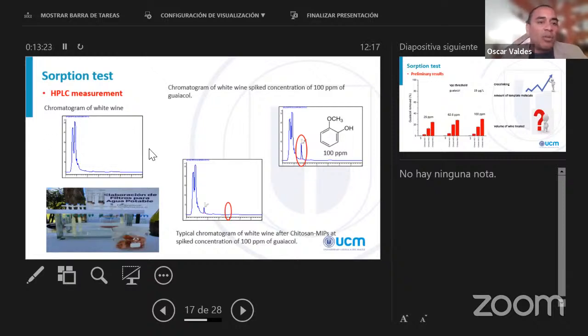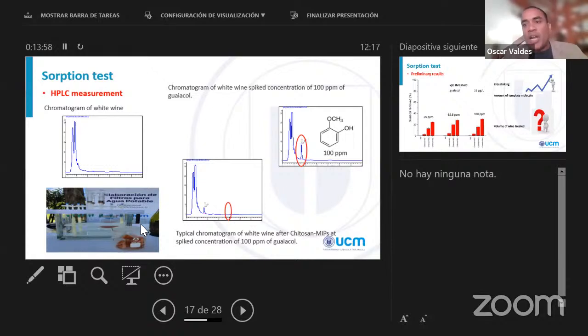Aquí se ve un cromatograma del vino blanco sin espiquear con guayacol. Aquí el cromatograma espiqueado con una concentración de guayacol en la cual se nota con 100 ppm el pico correspondiente obviamente al guayacol introducido dentro del vino. Estamos trabajando, que se me olvidó decirles, disculpen, con un vino que no tiene esta mancha de humo. Por tanto, al espiquearle una concentración elevada de guayacol, pues aparece en el cromatograma, y mediante básicamente unas técnicas